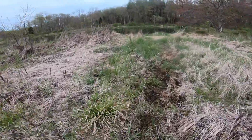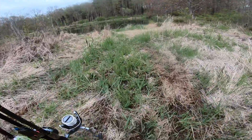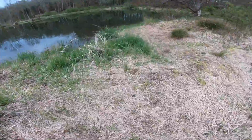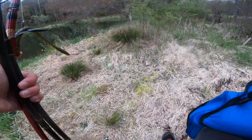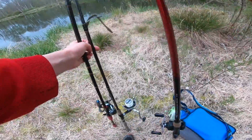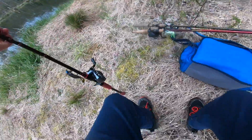Alright guys, coming down to the second pond, just a little bit of a walk. Ooh, bass all right here. I'm gonna put my stuff down and take a cast, parallel this bank. If I casted this wacky rig out, I bet I would get destroyed. Saw a little bass, but